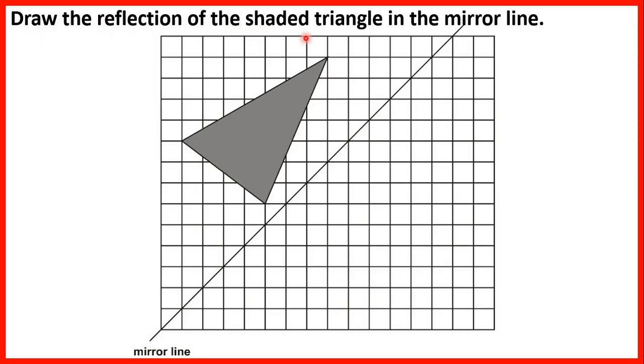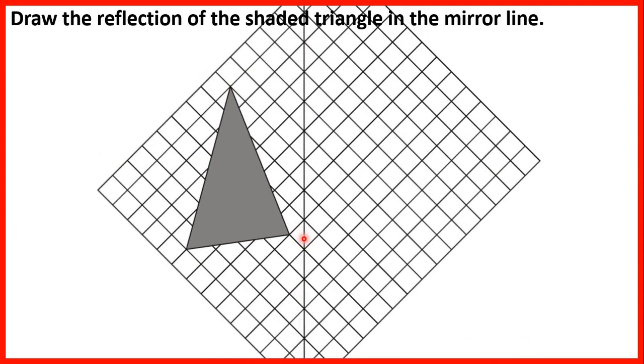Draw the reflection of the shaded triangle in the mirror line. So we need to reflect the shape so that we have the same on both sides. But we have a diagonal mirror line, and that can make it more confusing. So what we can do is just turn our page to make the mirror line vertical, and then we can